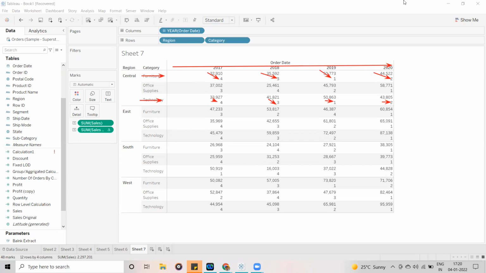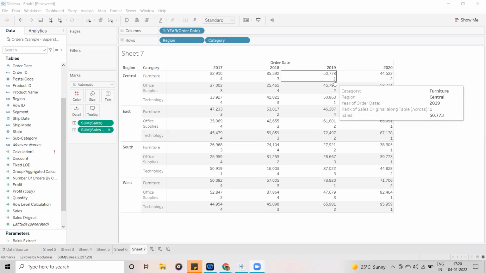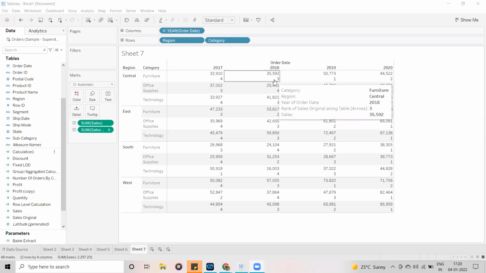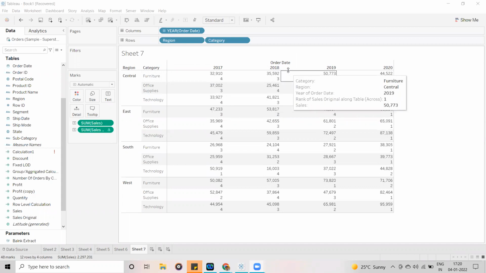Now you can say, for example, if you take furniture, the customer will get to know that in 2019 we have the highest sales, then 2020, then 2018 and 2017. So these are the different ranks. How are the ranks assigned here?